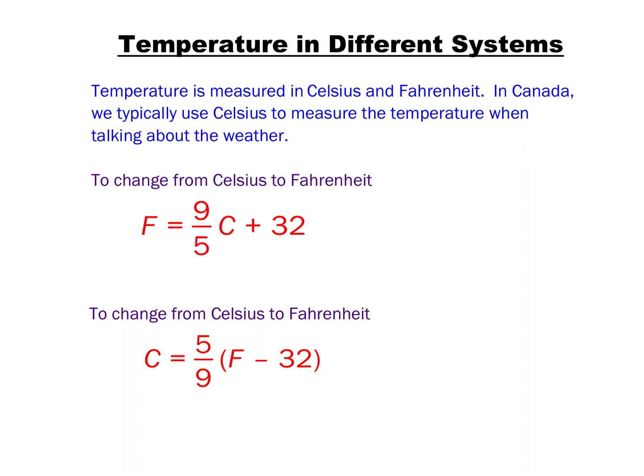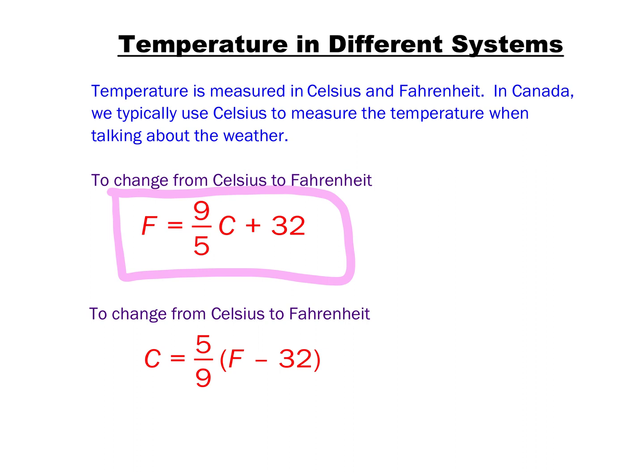So we're going to highlight the two different formulas that we're going to be using here. To change from Celsius to Fahrenheit, you use this formula right here. F equals 9 over 5 C plus 32. Okay, so that's if you know the temperature in Celsius and you want to turn it to Fahrenheit. If you know the temperature in Fahrenheit and you want to change it to,